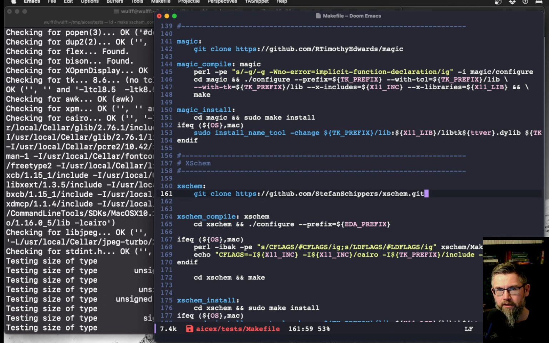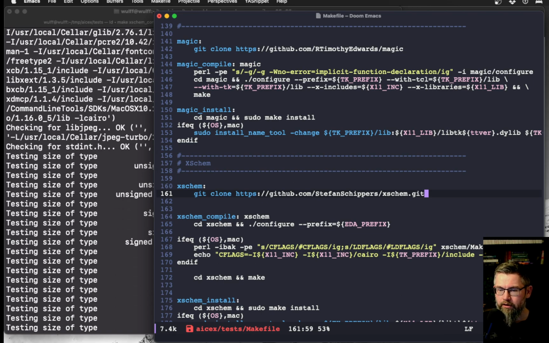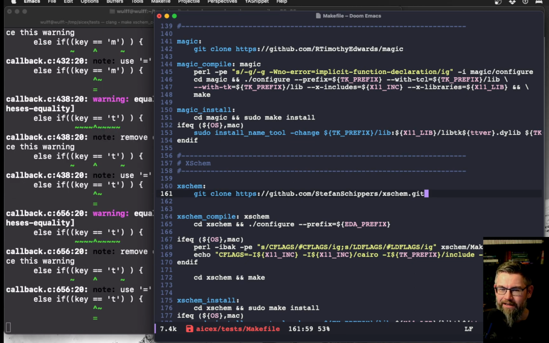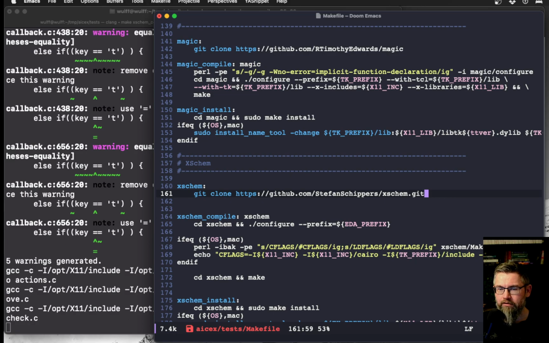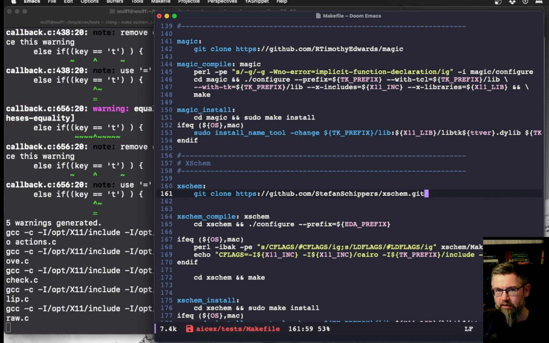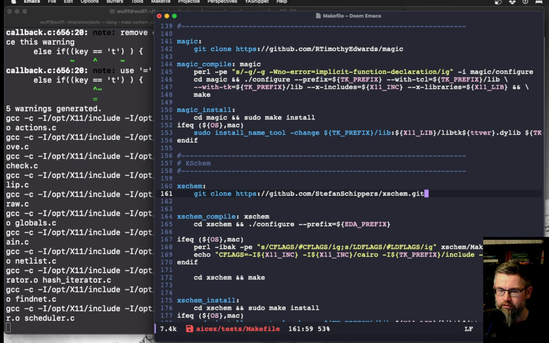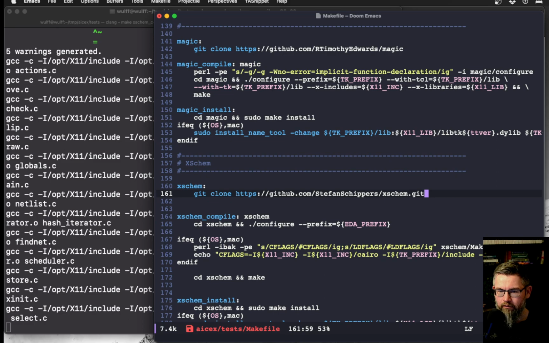Might as well, the tools these days, like xschem, magic, ngspice, they're getting quite regular updates. So it sort of makes sense to use the latest one and see if it works. If it doesn't work, then you step back one version and you use that older version. Now, I think xschem is actually relatively light, so it should be